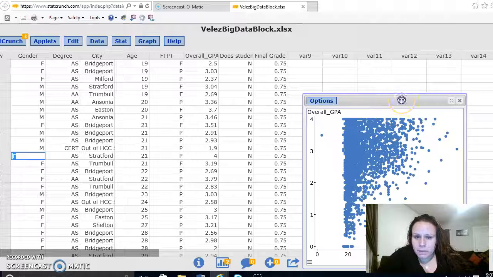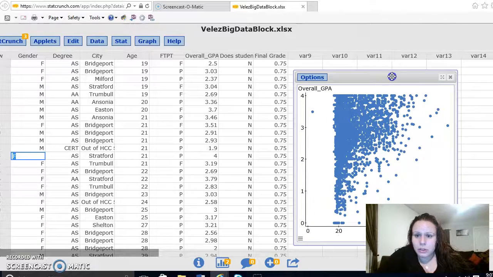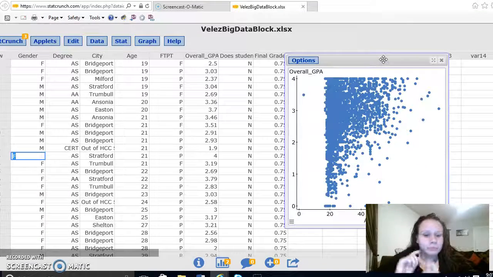Okay, so you look at this graph. There's really no form. There's no direction. There's really no linear relationship. Everything's all over. So from looking at this scatter plot, there is no association between age and GPA. But let's show this by running the correlation coefficient